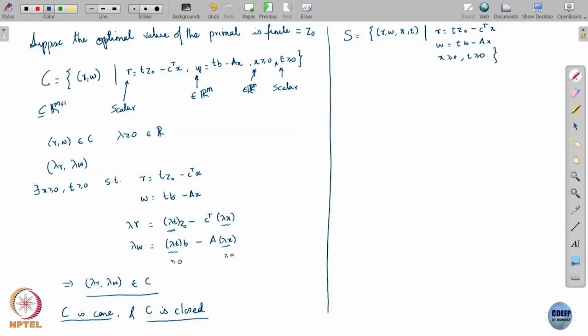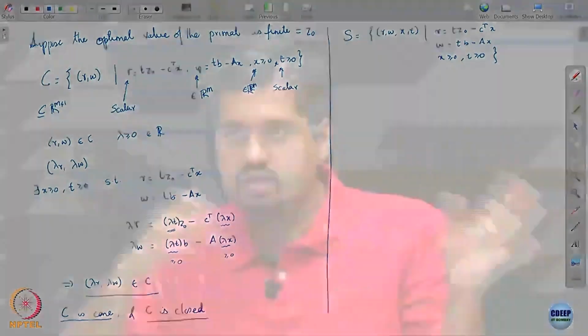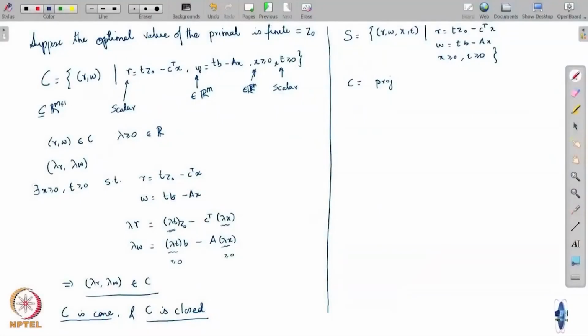The projection of this set onto the R W space is my set C. If I take the shadow of this set on the R W space, that set is actually C. C is the projection of S on the (R, W) space. And what kind of a set is S? Well, S is actually a polyhedron. It is just a bunch of linear